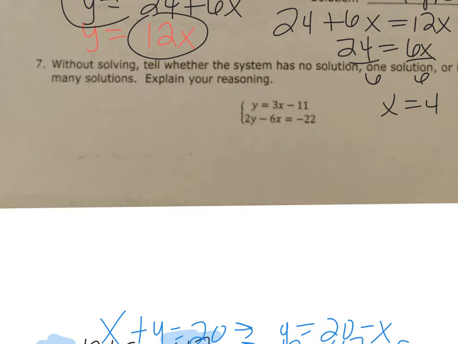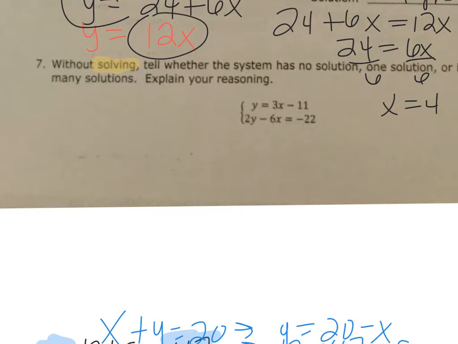Okay, so number 7, without solving. Now, I know it says without solving, but you do have to do a little bit of something here. Tell whether the system has no solution, one solution, or many solutions, and then, of course, explain. Okay, so if you kind of rearrange this a little bit,